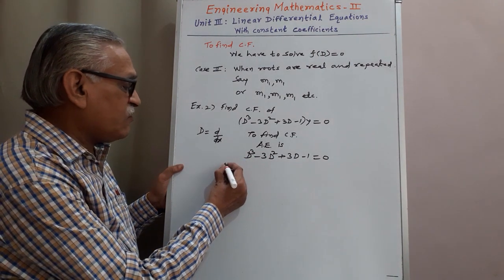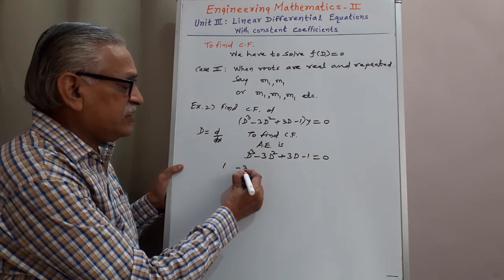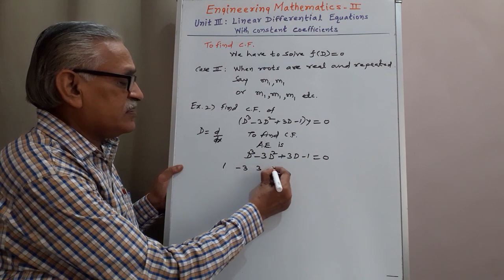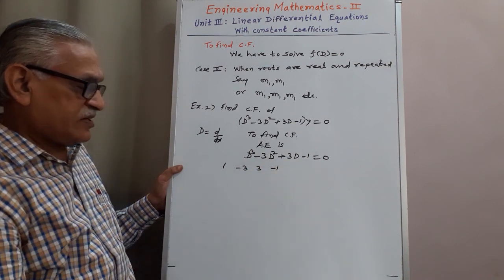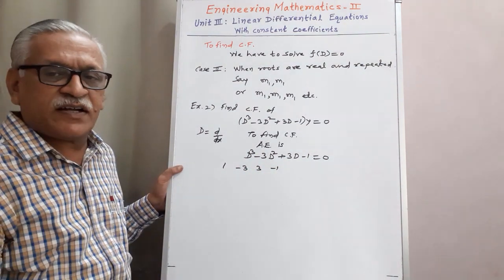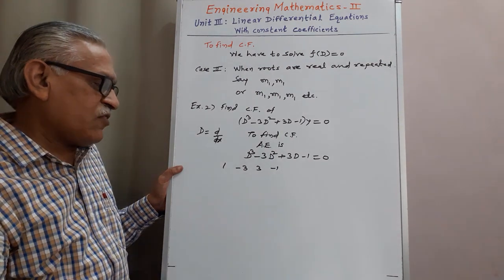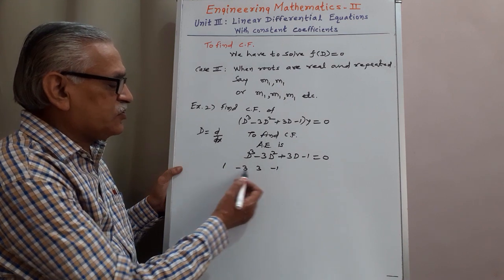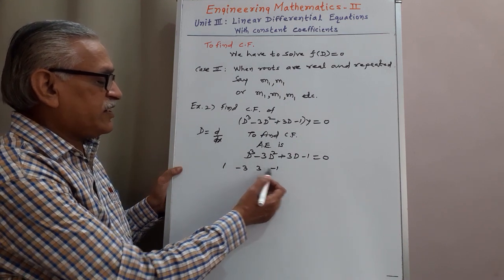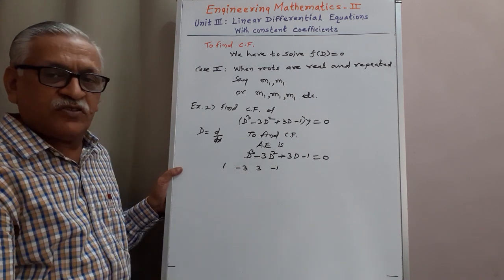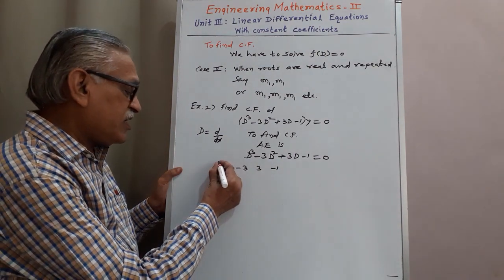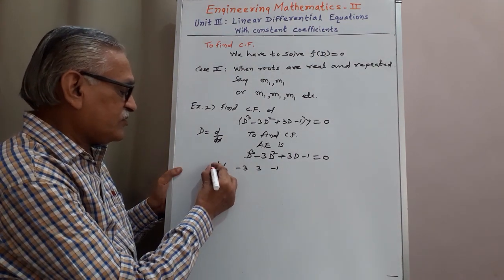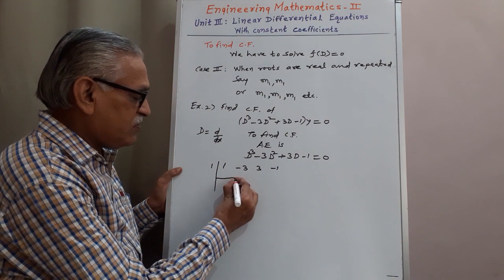Therefore, coefficients are 1, minus 3, 3 and minus 1. And then by applying the trial and error technique, we check for plus 1 first. If the sum of the coefficients is 0, here 1 minus 1 is 0, 3 minus 3 is 0, we get that sum as 0, and therefore 1 is the root. Directly we can go for 1 as the root.